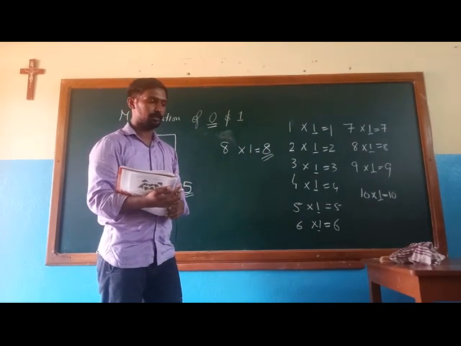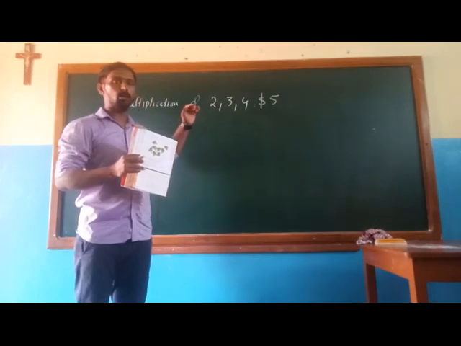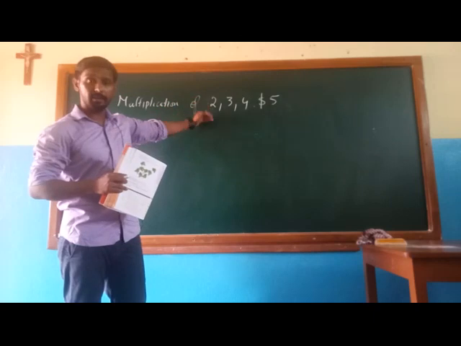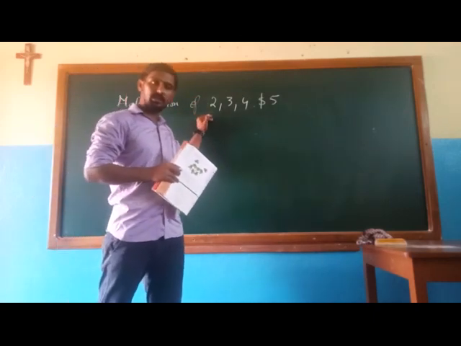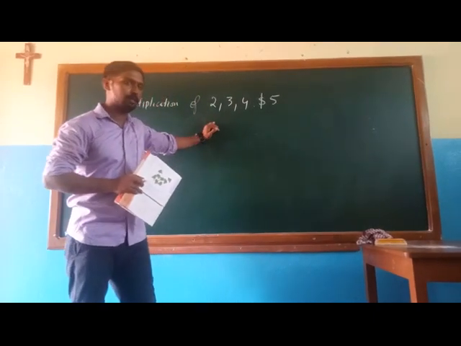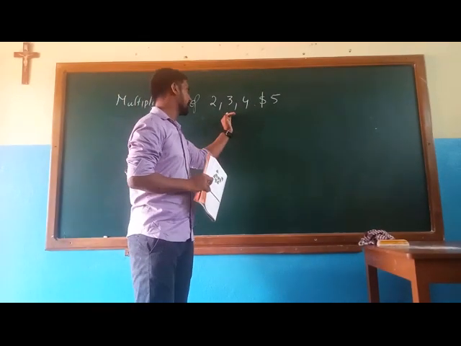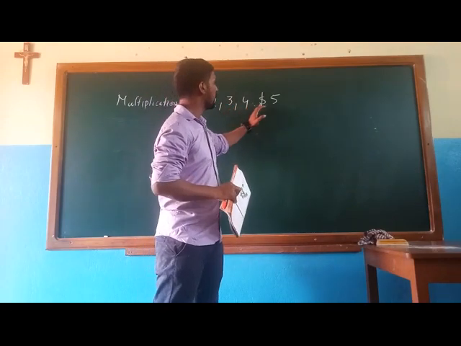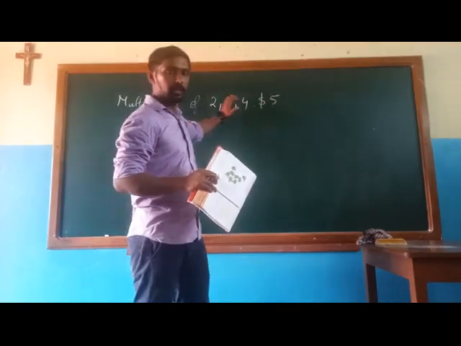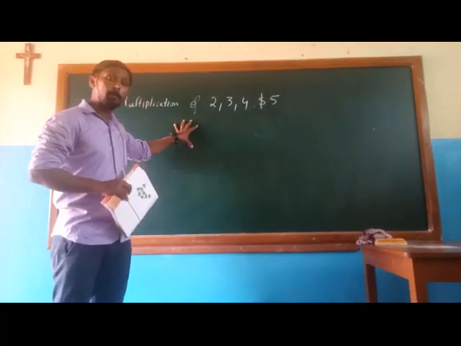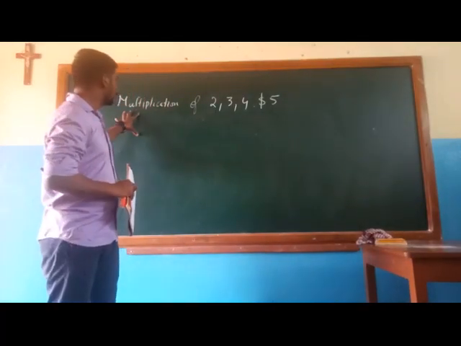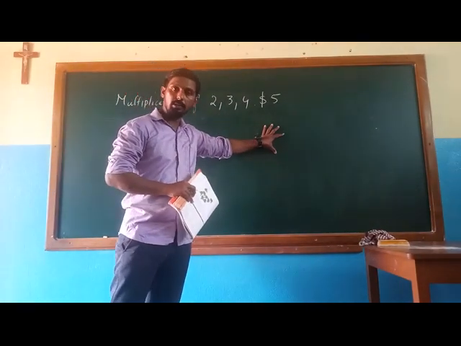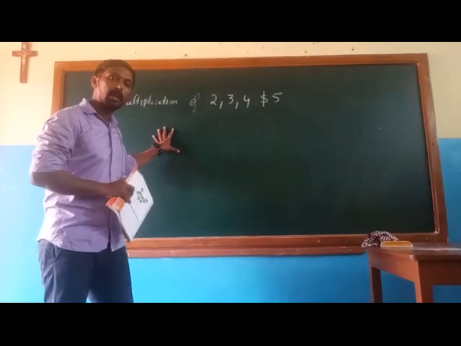Thank you students. Dear students, now our second part of multiplication is the multiplication of the higher numbers. We saw earlier that 0 and 1 are a little bit special, but now come the higher numbers: 2, 3, 4 and 5. We have to learn the multiplication tables of these numbers. Before that, let us see how they are formed.